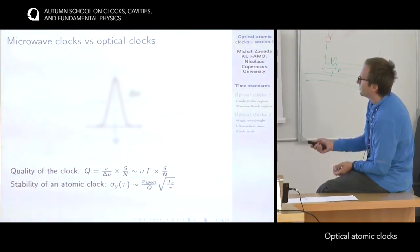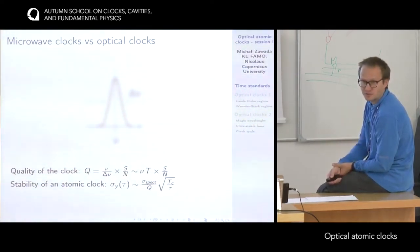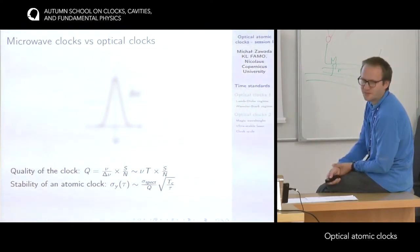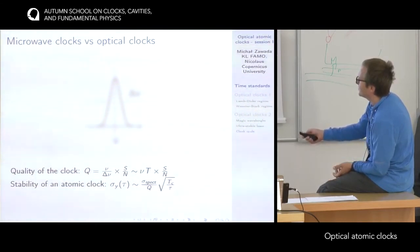And the stability of the optical atomic clock depends on the quality of your clock. So the better quality, the better stability, the worse instability. That should probably be instability here. So my error. Here TC is the